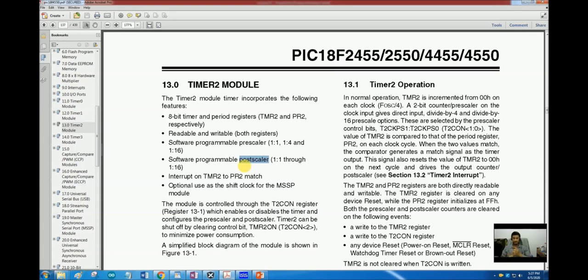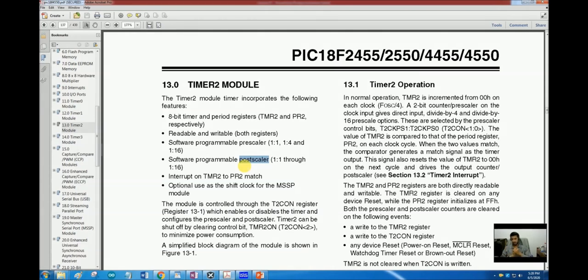If we enable the postscaler, let's say we choose a postscaler of 4, the overflow flag will be set after 4 overflows of the timer, not after just 1 overflow. So the postscaler is similar to division of the clock, but after the timer overflow.